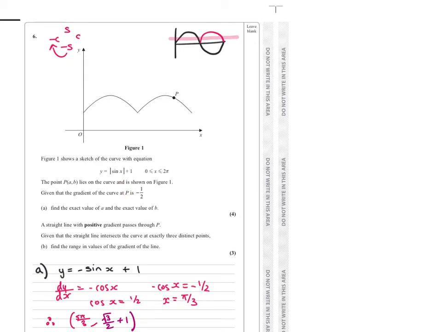Part B. A straight line with positive gradient passes through P. Given that the straight line intersects the curve at exactly 3 distinct points, find the range of values of the gradient of the line. Okay, so that means